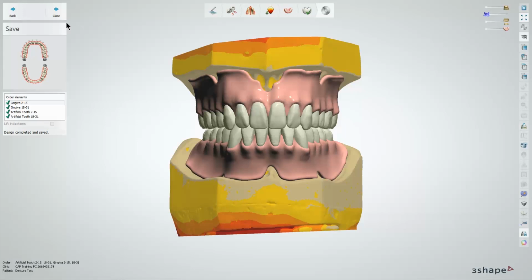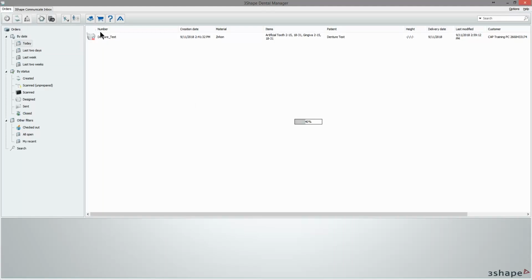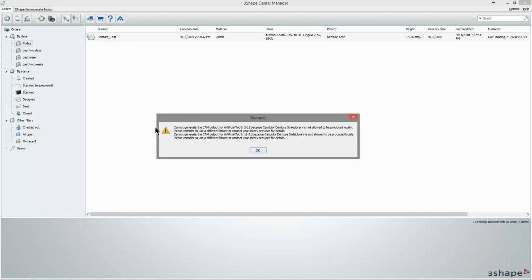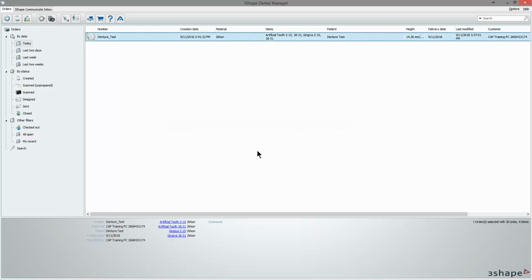After it's finished loading to save and close, I can generate my CAM file and take a look at our final STLs. One thing to note is you'll almost always get a warning like this one, letting you know that it's not going to be generating an STL for the teeth because it's expecting me to purchase teeth to glue in place. Even though it's giving this warning, it is still generating your STL for the denture base. So I'll hit OK,